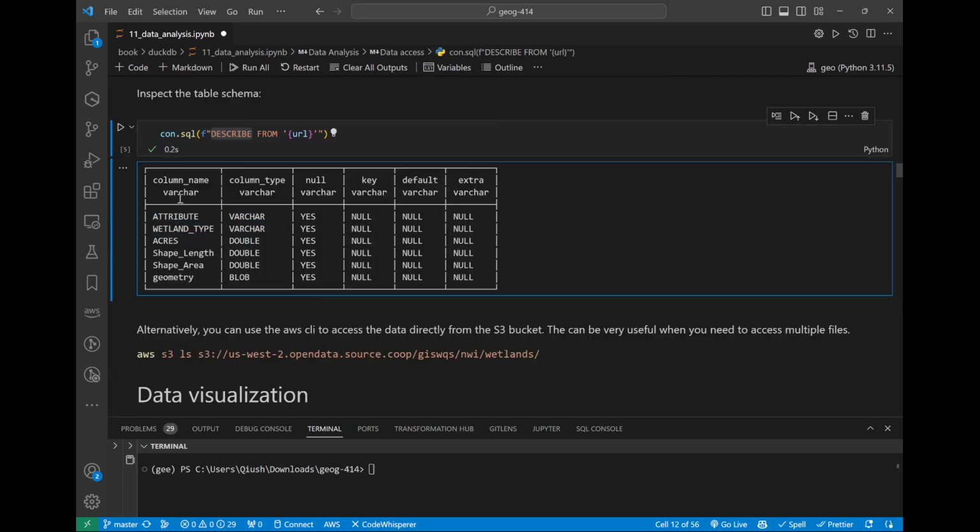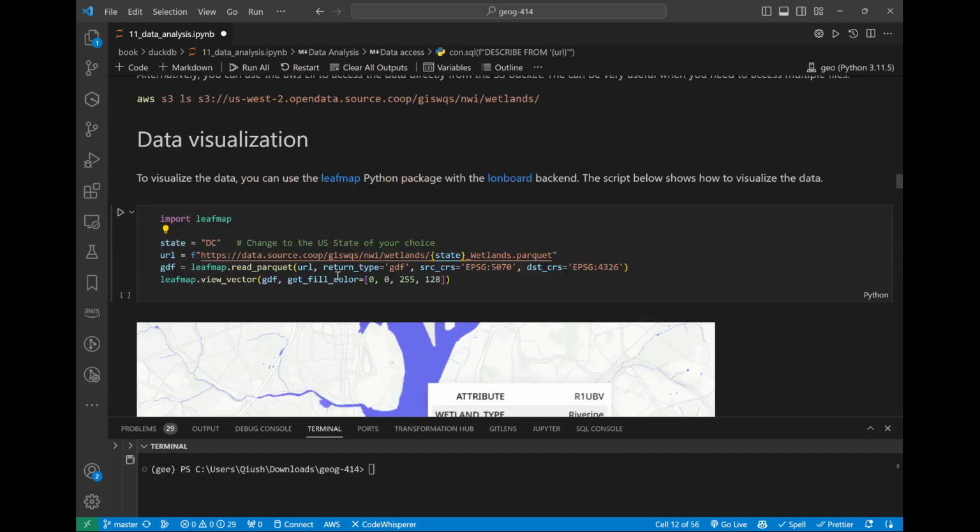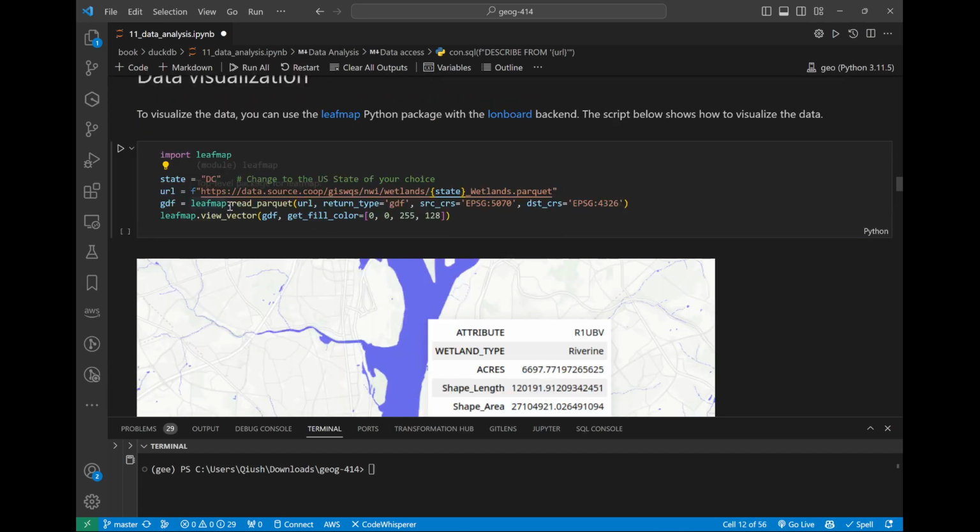So each parquet file, each wetland polygon, contains the attributes and also the wetland type, the acres, the size, and also the length, and also the area. The geometry basically represents the column. Make sense? So basically, with that, you can visualize that, right? So in here, we cover how to